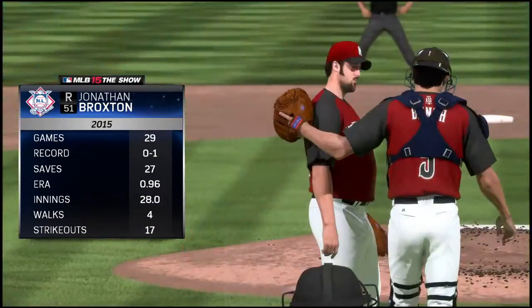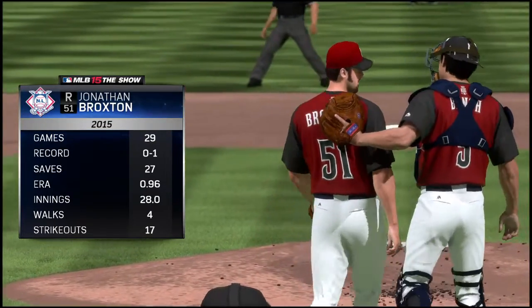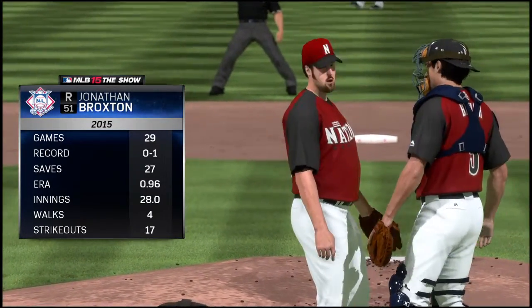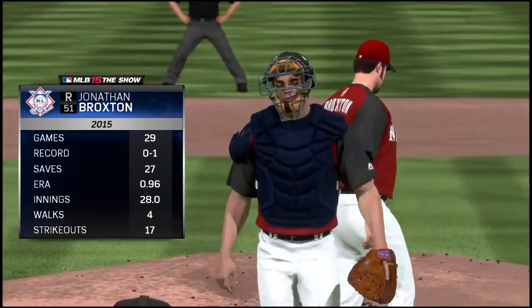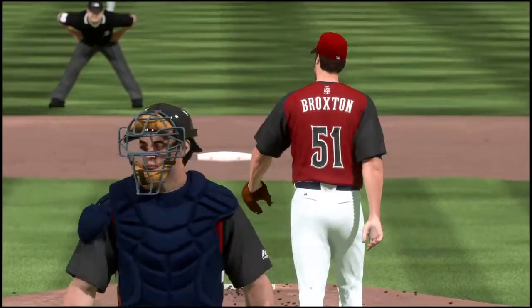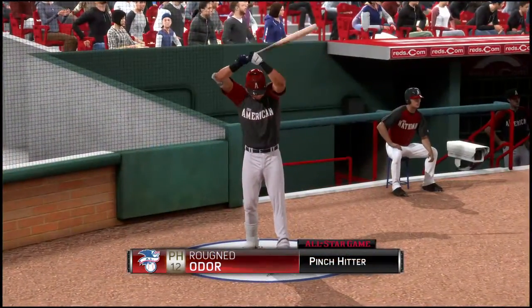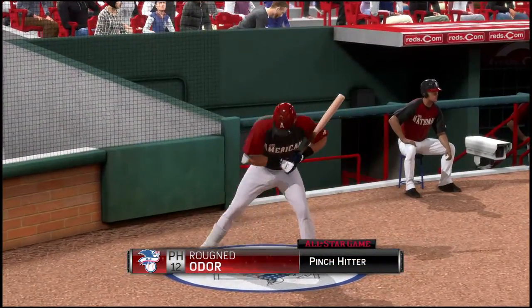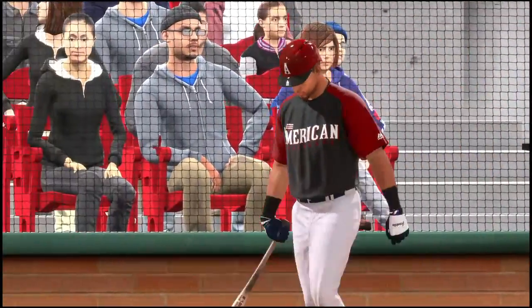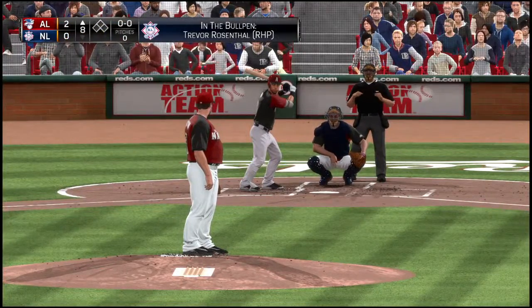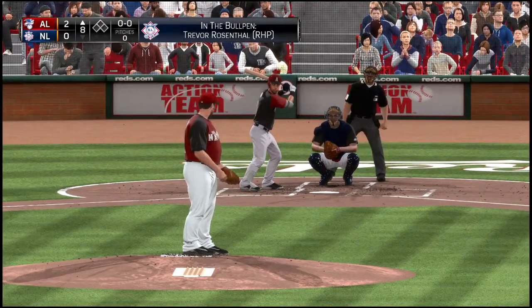A new pitcher coming on now, and the call's gone out for the big guy, right-hander Jonathan Broxton. Rougned Odor is going to be asked to get things going here as a lead off the top of the 8th. Number 12, Rougned Odor. Now action in the bullpen as their closer starts to get loose out there.